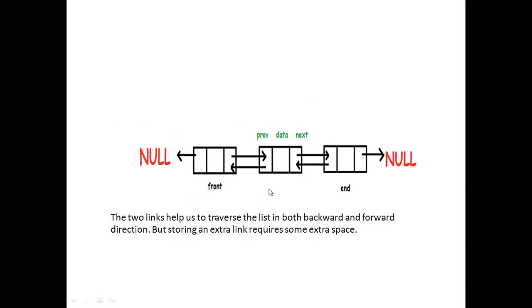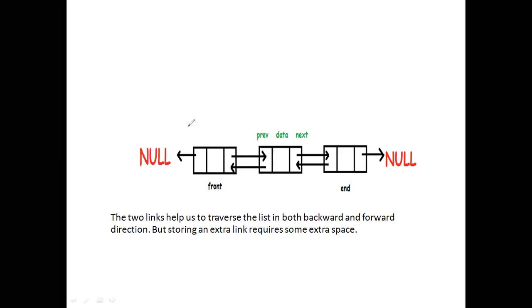Before I show you that, can anybody tell how you can create a node? Code-wise, you tell. If you want to create the node, for example, in a simple C program, what will you do in the first line? Include the header files.